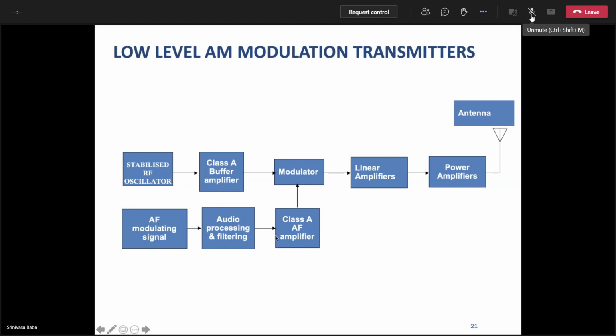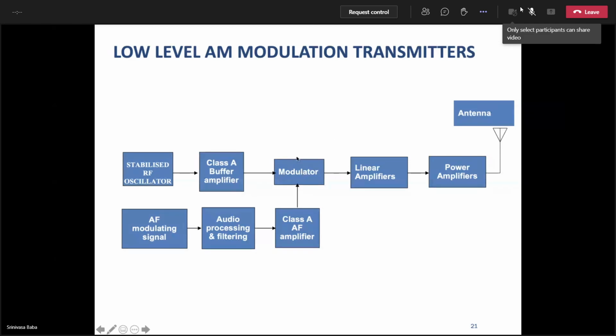And then you have your AF amplifier to amplify the level of this audio frequency signal to such a value that it can operate this modulator. Only to that level, if you can improve the signal strength, that is sufficient for it. If it is in microvolts or nanovolts, it should be improved to a few millivolts or few volts, such that it can operate a modulator. And then after that, you will have an AM signal at its output.